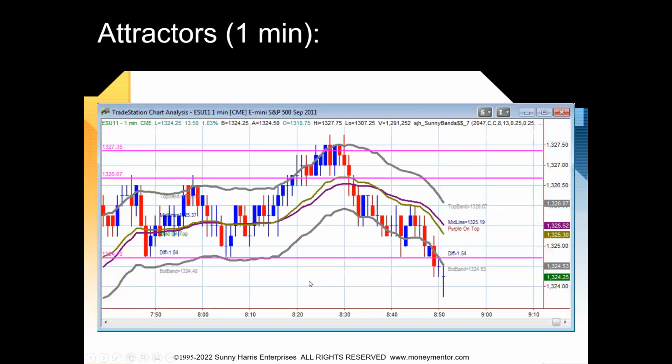Here's some attractors on a 1-minute chart. You can see preponderance of price there. Price hits over and over again right here. It hits even back there. That's probably where I drew the line from. Back here, here, and here, and here again. Once it breaks it, it's on down. Likewise, here's 2 bars that it hits over here, hits twice here. So we draw a horizontal line across. Breaks it, we're going on down.